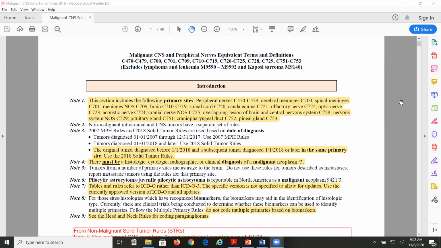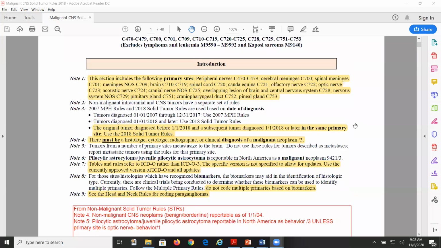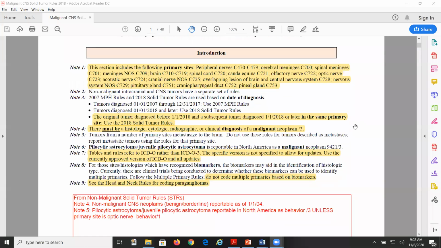Okay, so we're going to begin like we did on Wednesday with the solid tumor rules. What I did here is download a PDF version of the malignant CNS solid tumor modules. As we go through, you will see where I've entered some text boxes in red font, and those are just to show you how the malignant solid tumor rules differ from the non-malignant solid tumor